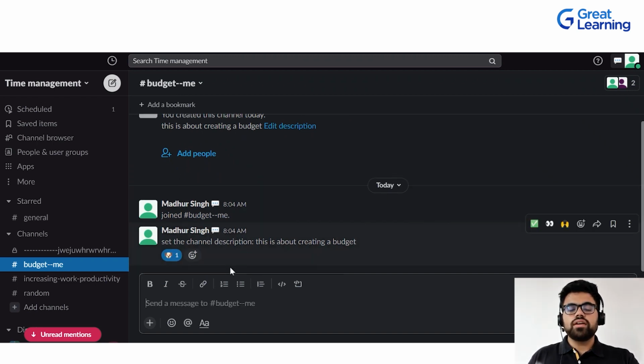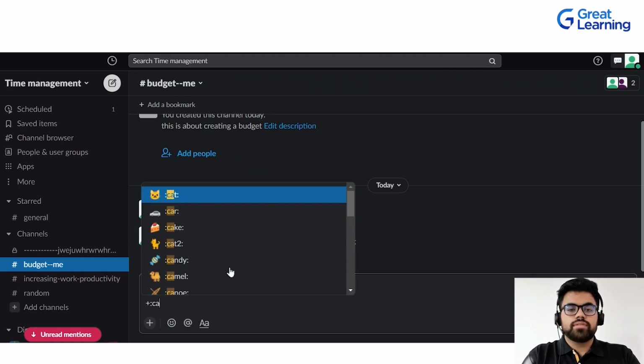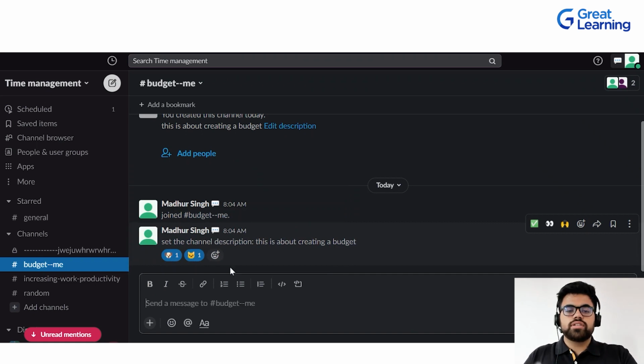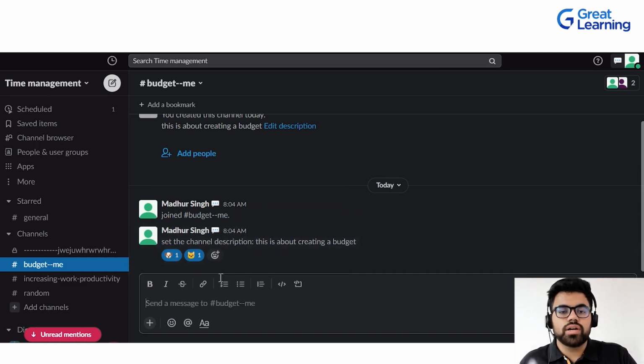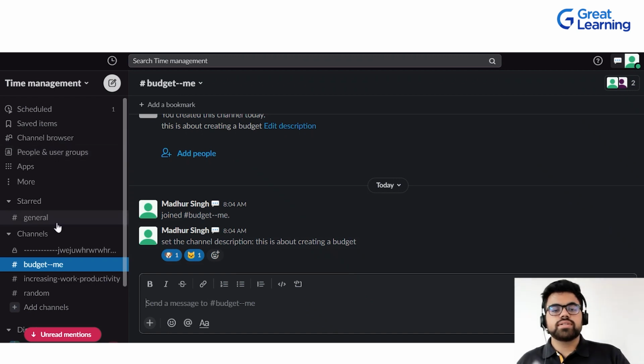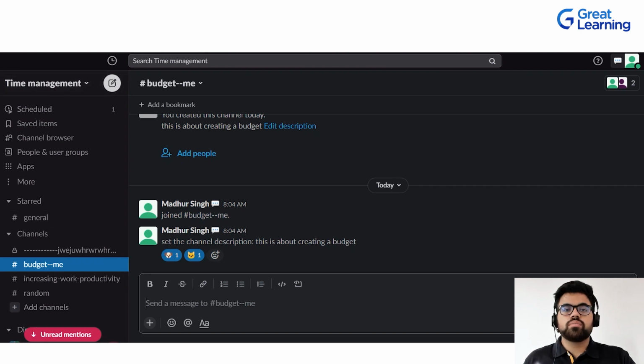So this is how you would do it. If you really don't want to scroll through the emoji tab, let's say one more, I'll type colon cat and I click OK and send it. So it will go into that particular area. Now these are some of the productivity hacks that we learned in this course.